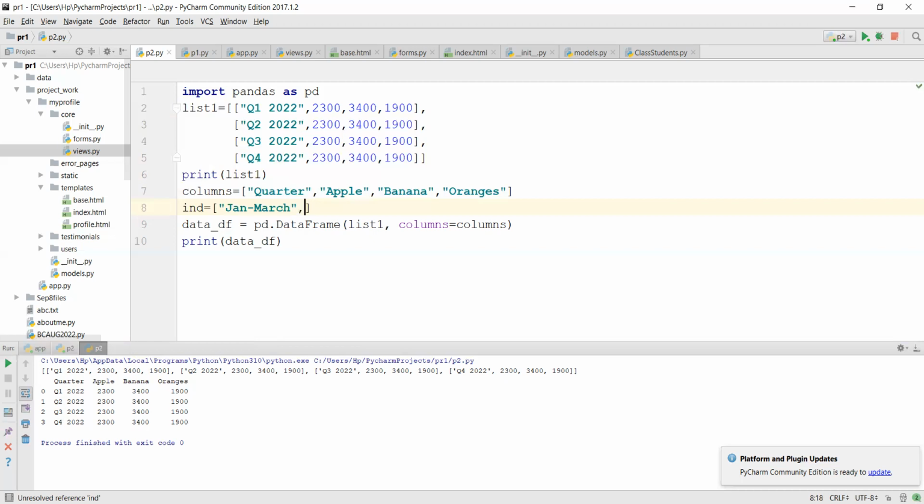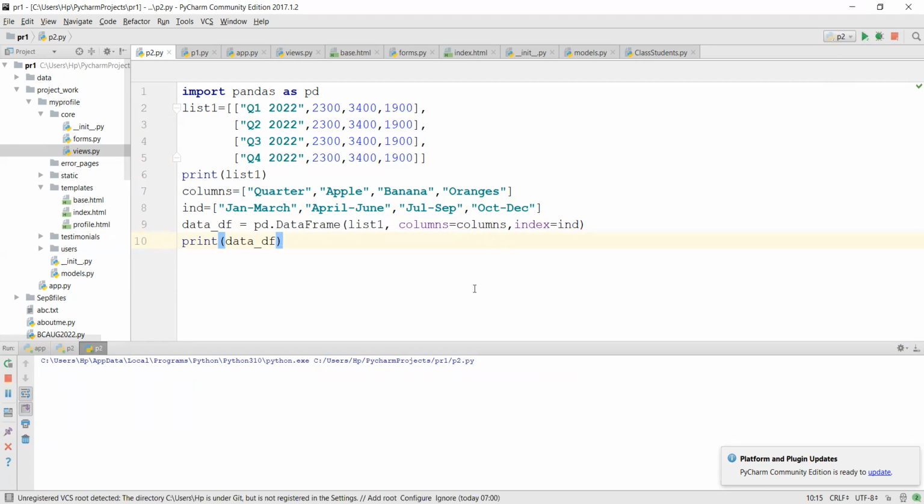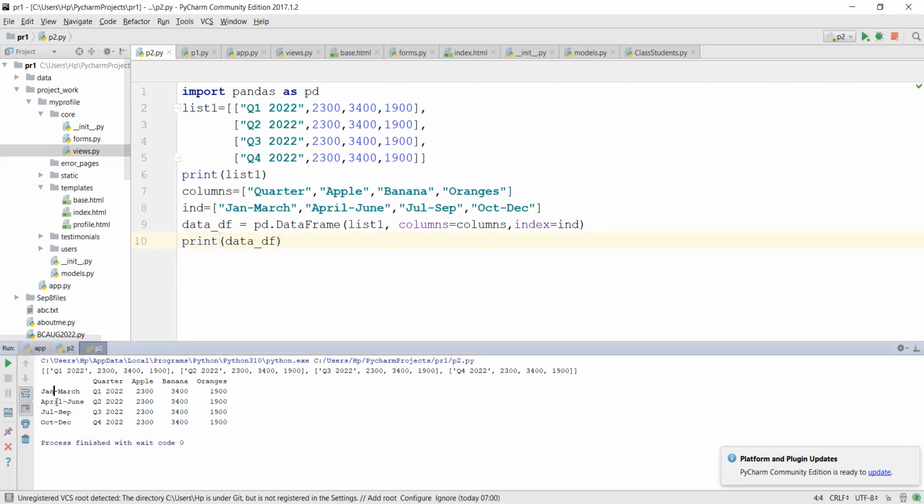Here I'm going to say April to June, right? Here I'm going to say July to September, right? And here I'm going to say October to December. Okay, and now I go here and I say index equal to ind. Okay, ind is the variable that I gave here, and when you run it, you see 0, 1, 2, 3